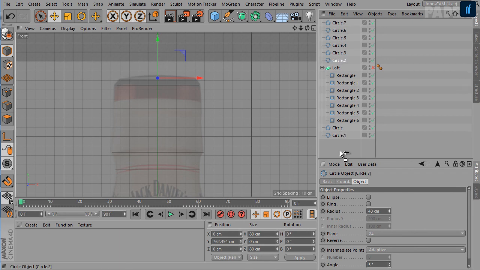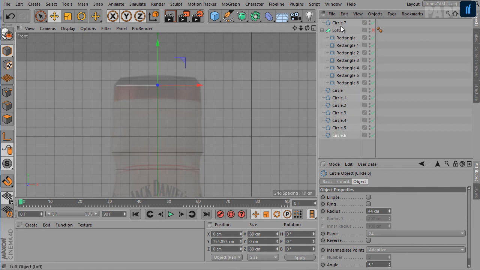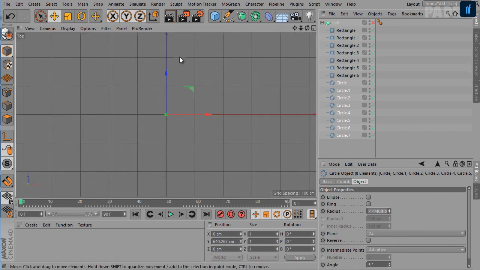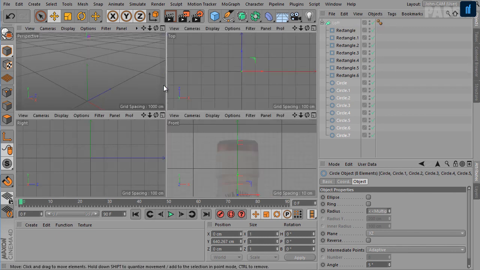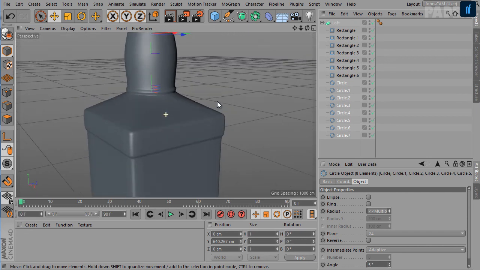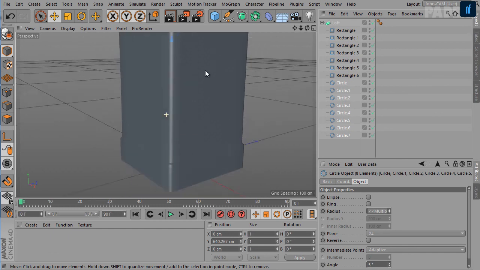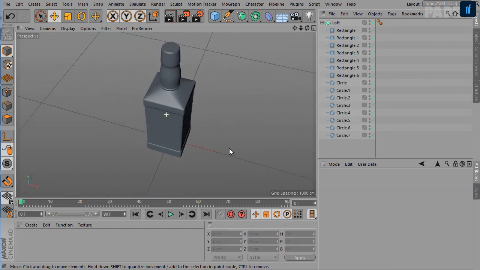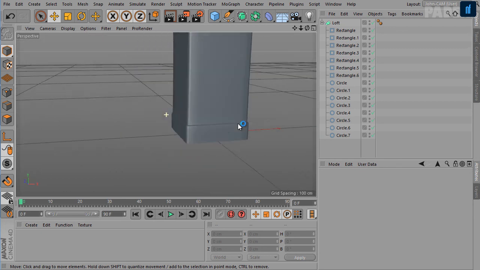Now let's move them in order: 4, 5, 6, 7. Now select all splines and move them inside the loft generator. Okay, and enable the loft generator here. And this is the model we have created using rectangle splines.